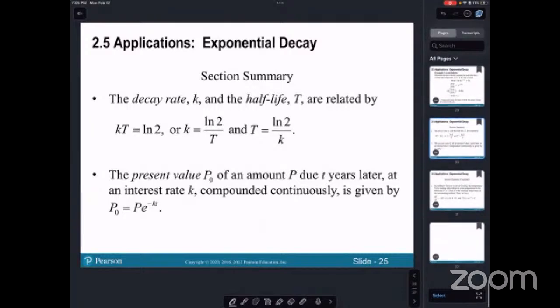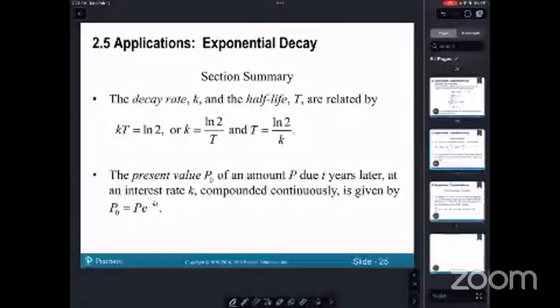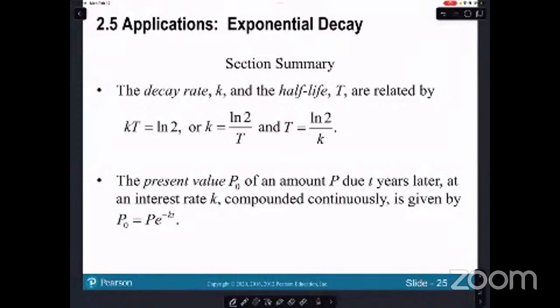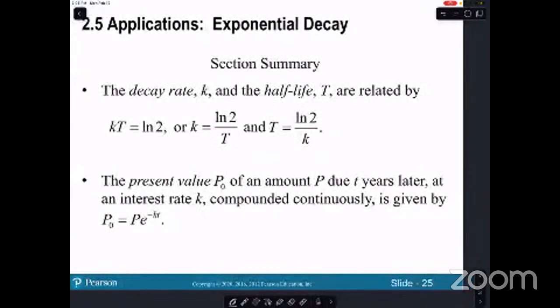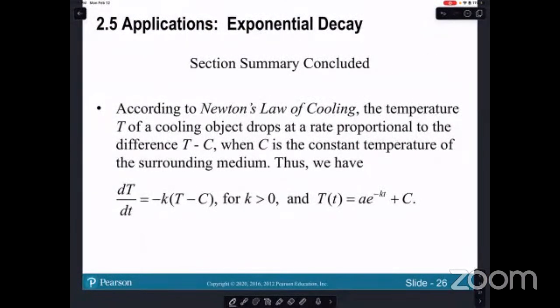Okay, so we saw some applications of half-life and things of that nature, and then Newton's law of cooling, right? So that was just an application. All right. Again, I feel like there should be questions, so you just have your work cut out for you. That's why I do unlimited attempts on these assignments. The system is set to take your highest score. Again, with that 5% late penalty,